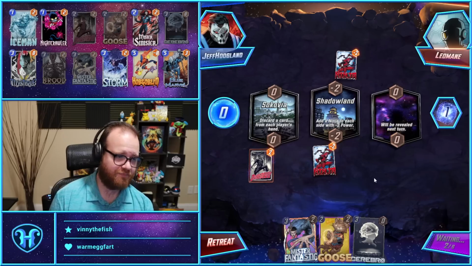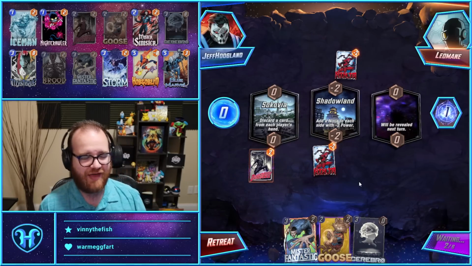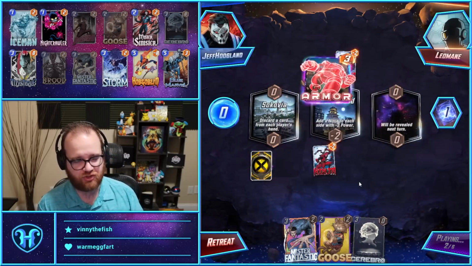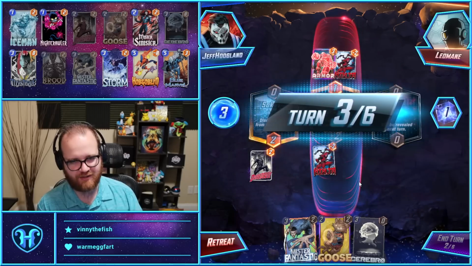Is Invisible Woman better than Goose in case Sarah Enchantress can get under Goose? Well, that deck's not very popular, and Goose is really good against Shuri, so I think Goose is a better card in general. Goose also gives you counterplay against